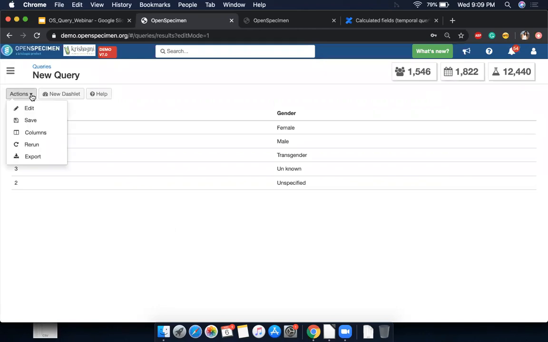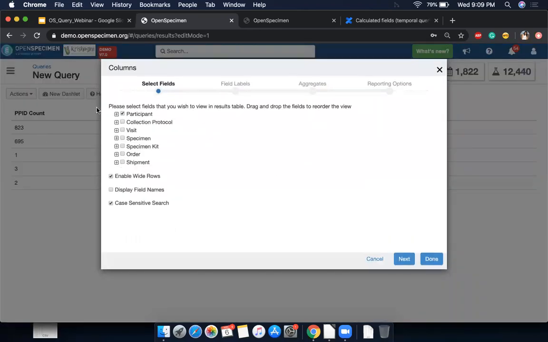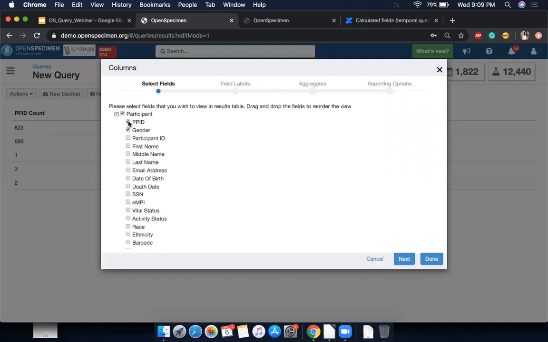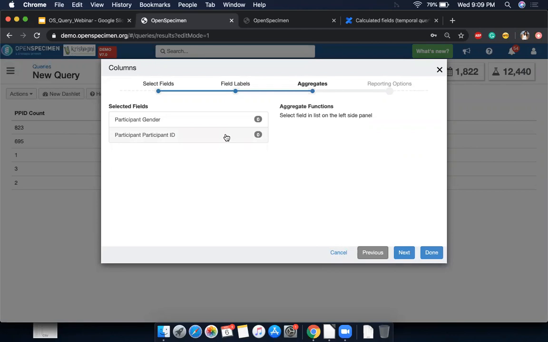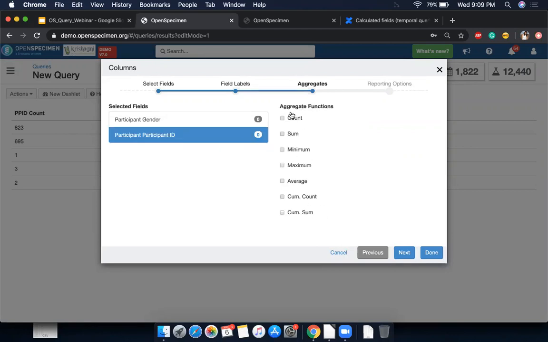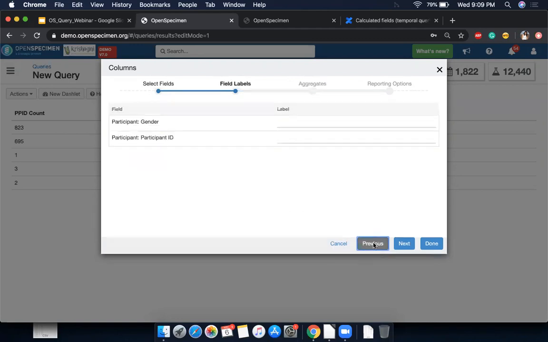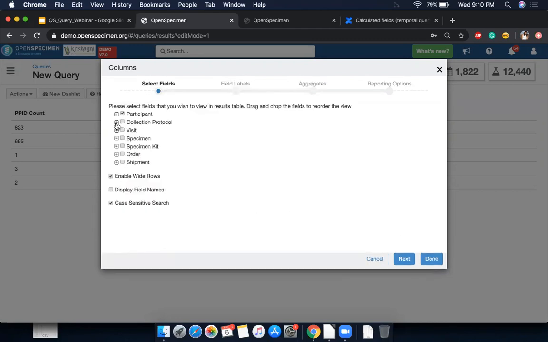So let's now add more things to this. Let's go back to columns. And this time, instead of PPID, I'm going to select the participant ID because it's a numeric field. I just want to show you that other than count, there are many other aggregate functions that you can use. I'll still keep this, but I'm going to add one more column to my results, which is my collection protocol short title.